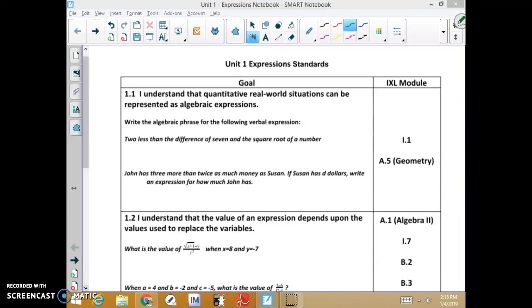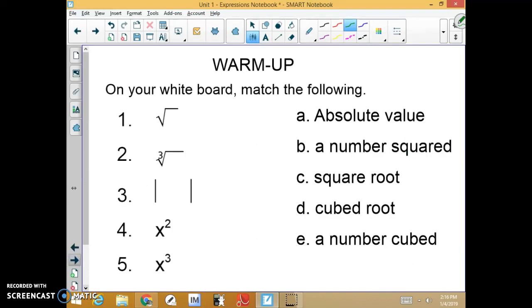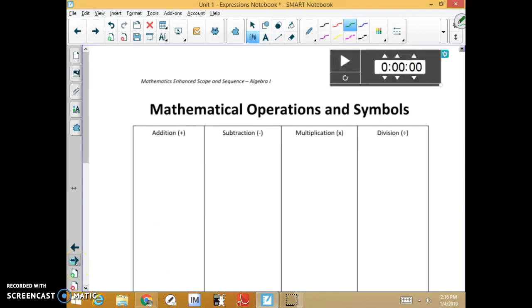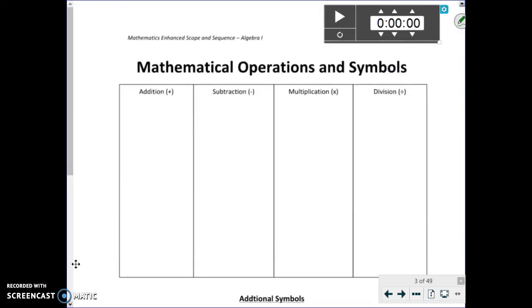We're going to do a couple different IXL modules. One of them is going to be I1, and the other one is going to be A5, and that's one of the very few that's in a different section of IXL. This one happens to be in geometry. So, the way that we're going to start this is we are actually going to start with this graphic organizer, which we're going to use to basically fill in all the English words that we know that mean